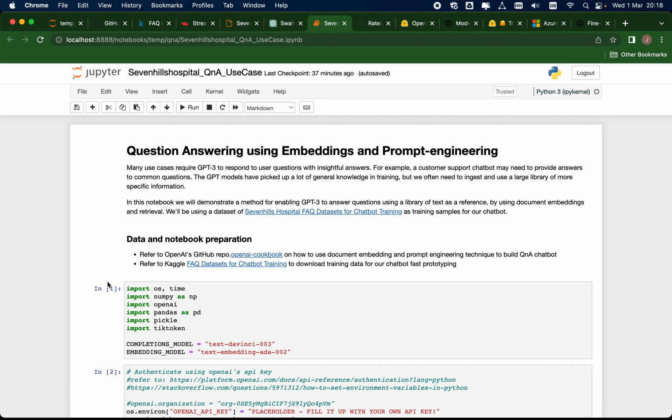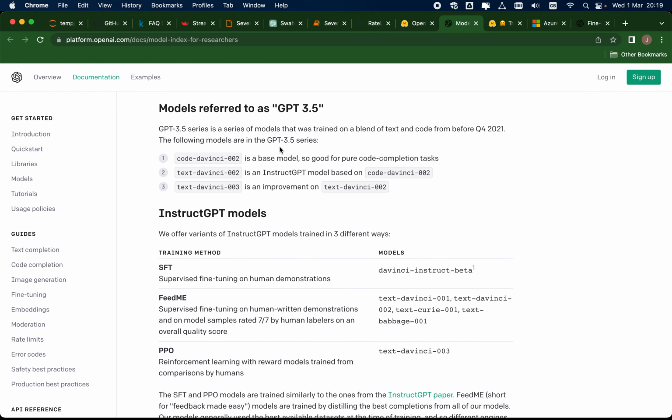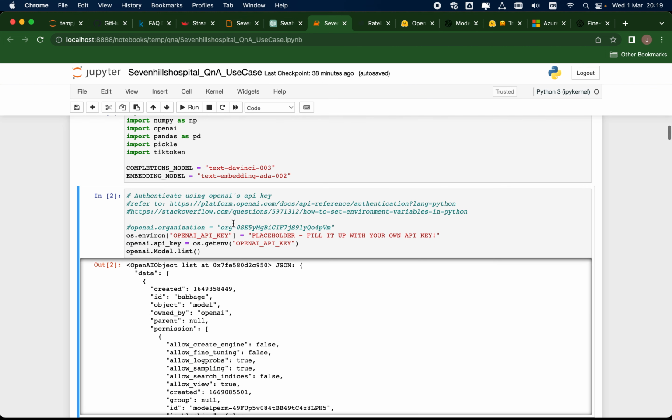Okay, so let's start. First of all, you specify the GPT model to use. This is text-davinci-003. We saw it before in OpenAI's model index page. This is actually the quite new GPT-3.5 model to use. Then the first thing you need to do is to authenticate using the OpenAI